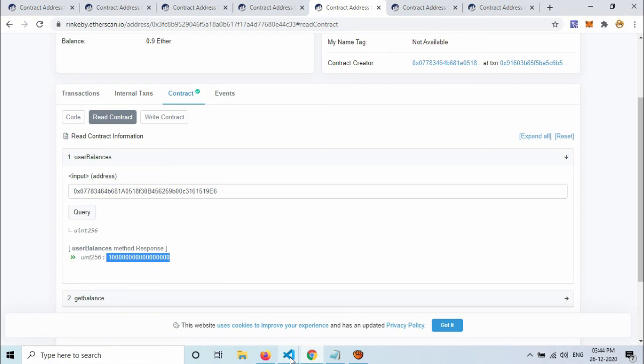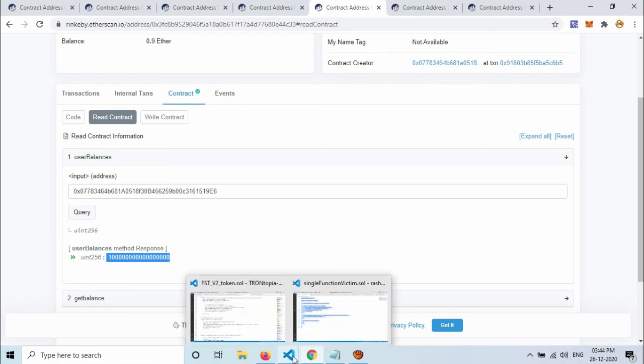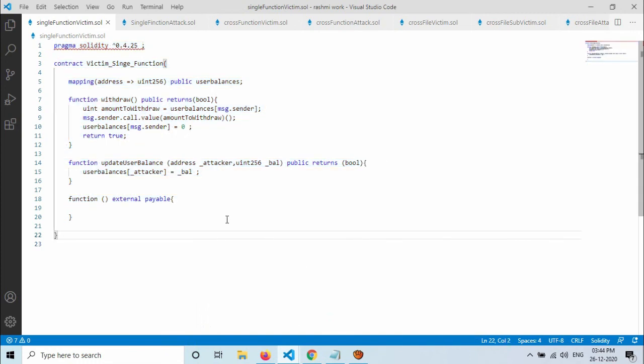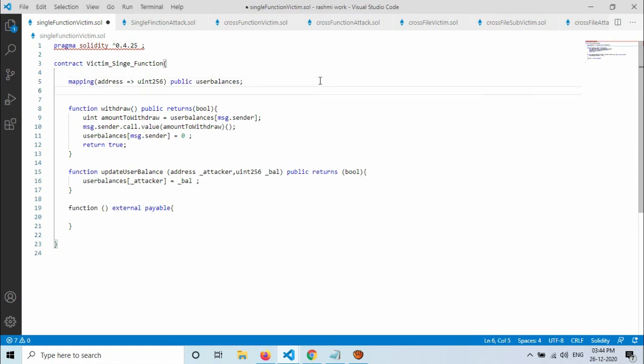To protect against this attack, we can do just a simple thing. Let us declare a variable.